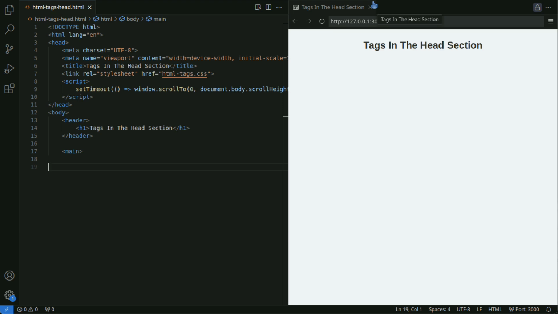This time, it's about the tags used in the head section. It explains the tags used in the head section, such as link, script, style. It also covers practical topics such as the async and defer attributes of the script tag, so please watch until the end.